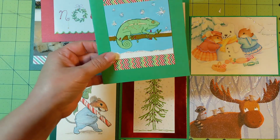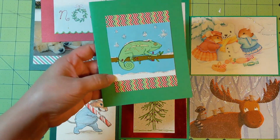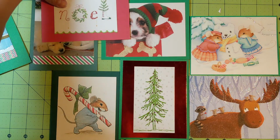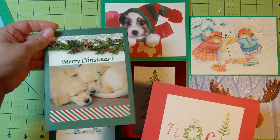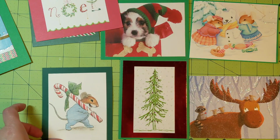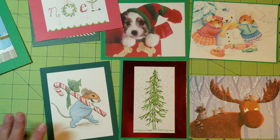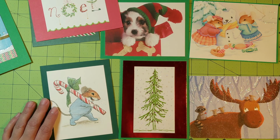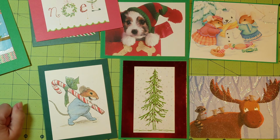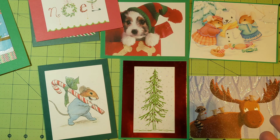Like this was a tea box. This was a tag that someone put on a gift for me, and the rest were recycled cards that people gave me. And I added some washi, I added some glitter glue, and on this one I added a shimmer pen to it and gave them new life. I'm going to be ready to give these out as gifts or with my cards next year. I'll probably make some handmade cards next year, just like I did this year, but I had these and I didn't want to just throw them out, and I thought it'd be nice to show you guys how I repurposed those cards. So hope you guys got some value out of this, and